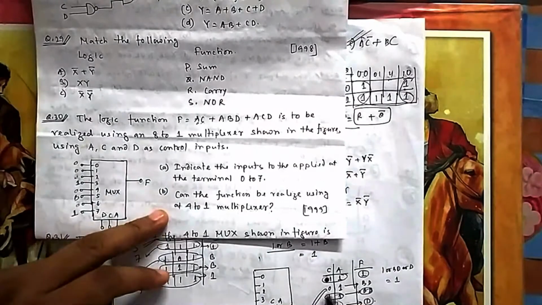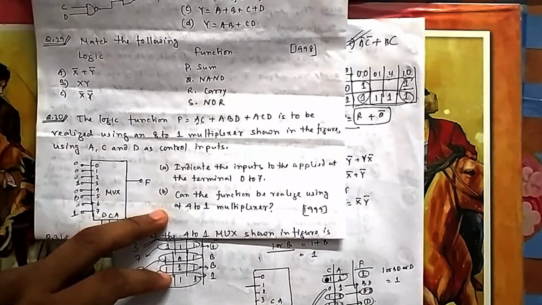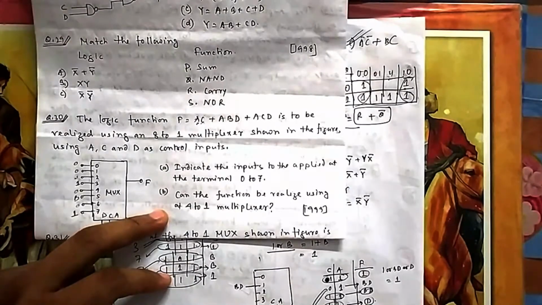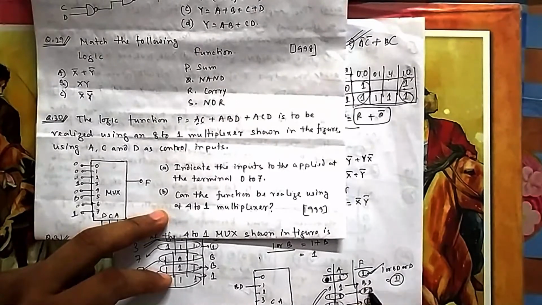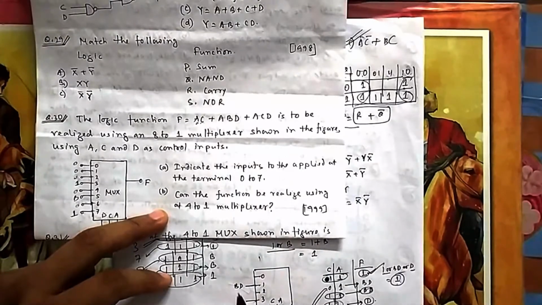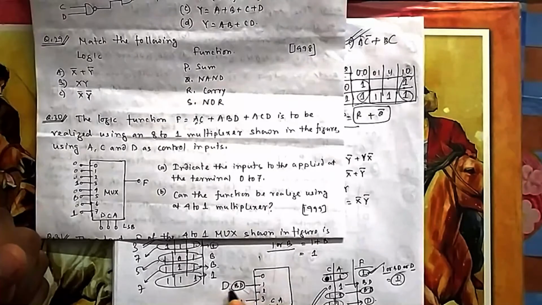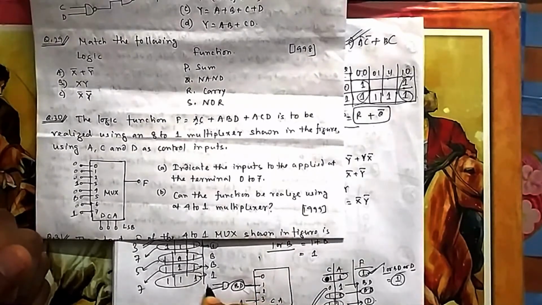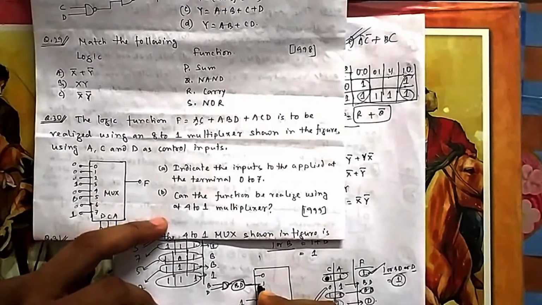For 0 1, what is my input? It is 1. 1 1 means 2 plus 1, 3. So in 1 I should put BD, and in 3 I should put 1, because for 1 1 it can be 1, BD or D, that means 1. So I will take this one. BD you cannot directly give, because these are 2 inputs. So you need an AND gate there. I will put an AND gate, and put B here, D here. So B and D will be multiplied in the AND gate, then it will be injected in 1.